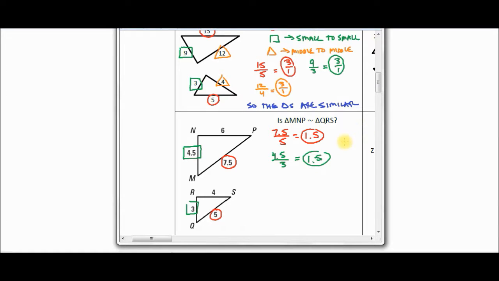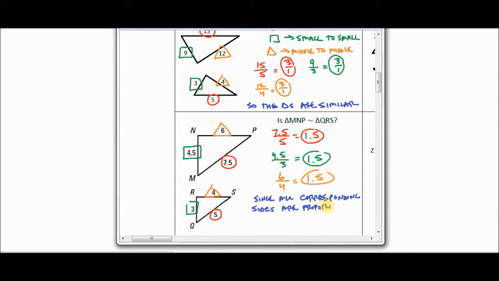So far, so good. We've got proportionality. Let's do our last one. That's going to be the middle side, which is triangle to triangle. Again, pick the side from MNP. It's got to always be on top in this case. 6 over 4 is equal to, again, 1.5. Class, we have proven that all three sides are proportional. So our conclusion is this. Since all corresponding sides are proportional,